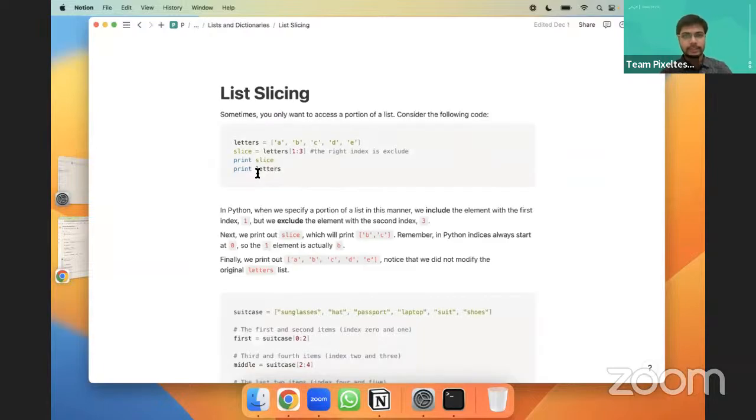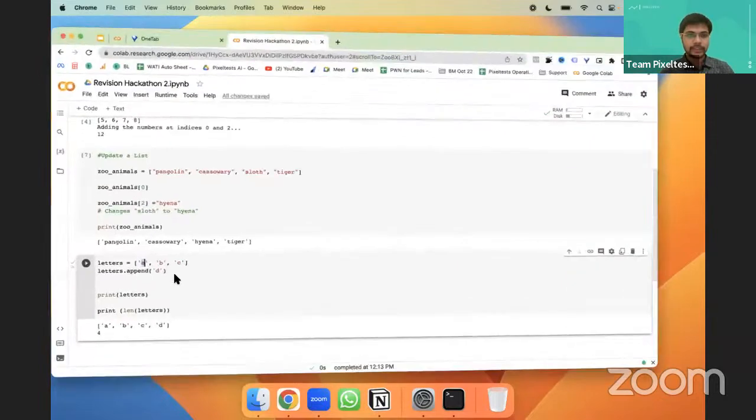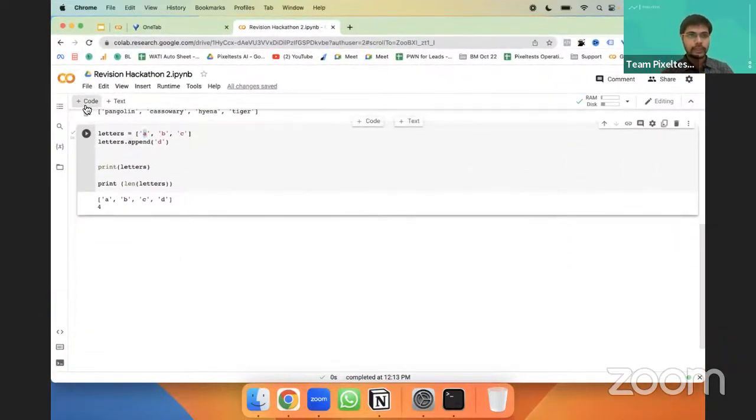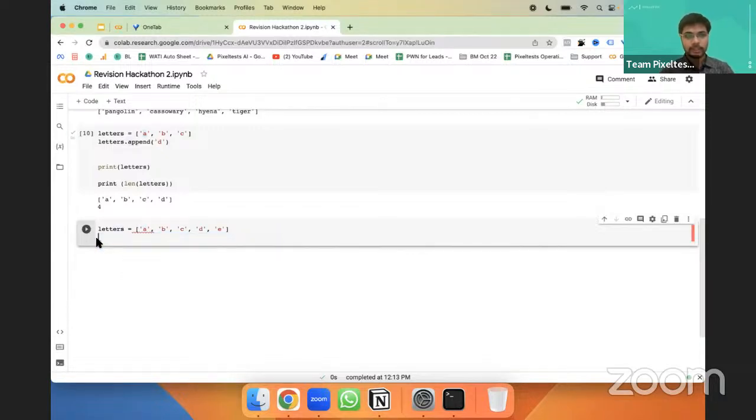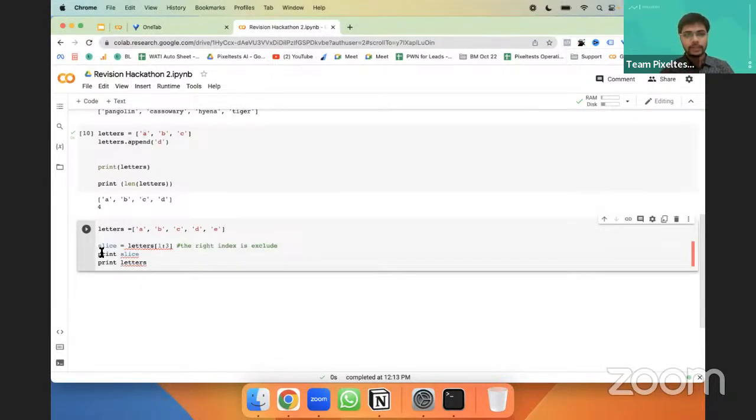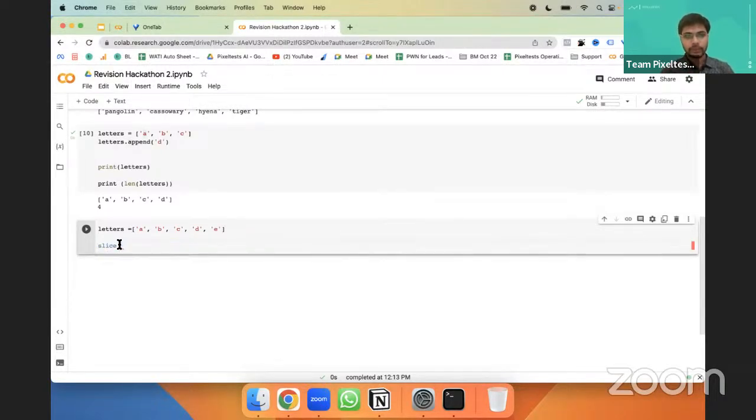there is something called list slicing. Now what list slicing is basically taking a portion of a list, right? So for example, we have this letters A to E, the list is there, and in that we are creating a new variable, right? So new variable here, this is also going to be a list, right?